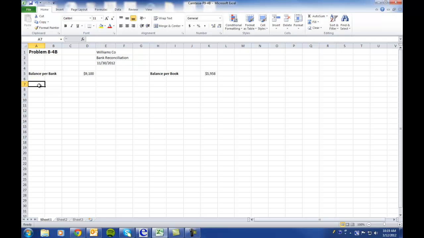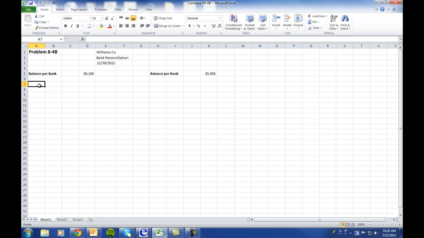We want to make sure that everything that has not been included in the bank balance, which originated from the cash balance from the company's statements, gets added to or subtracted from the bank statement. So what we want to do is go through and compare the cash payments first, to make sure that they line up with the bank statements